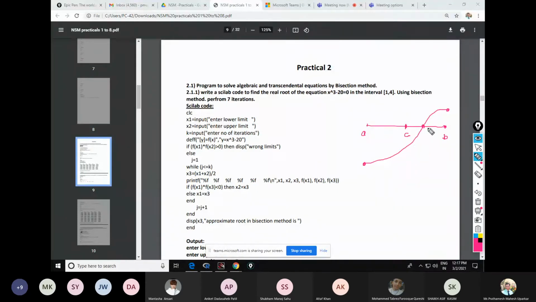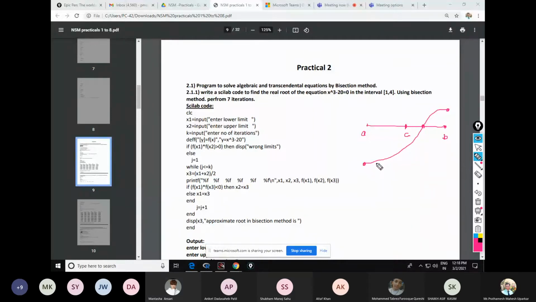Look at the root. The root is this one, so for the root, will I take A to C or C to B in the next iteration? Students, whatever the answer is, correct or wrong, keep answering, speak fast, otherwise I will just show you the program and you learn the theory yourself. I don't have to waste my time. Which value should you take from this particular notation? Can you see? Is my root in A to C or in C to B? C to B.